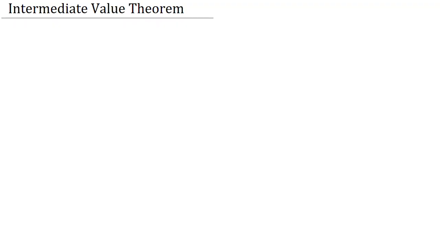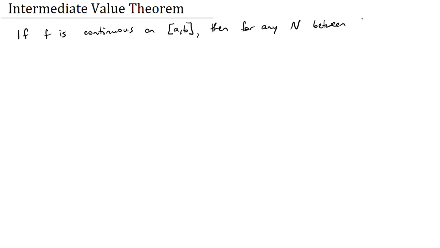So the first thing we'll do is state the theorem, which you'll need to know. The theorem says if f is continuous on the closed interval from a to b, this is a closed interval because both endpoints are included, then for any n value between the outputs of the function at both endpoints, f of a and f of b, so you can pick any n between the two outputs,